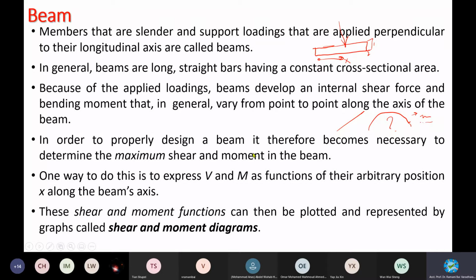In order to properly design a beam, it therefore becomes necessary to determine the maximum. In addition to seeing the distribution, you must know the peak points. See, when I was working at site as a field engineer in construction, my engineer would come and, when the structure was given to him, would just take the crucial point only. He will take this salient beam, analyze for the maximum, right? If it is a residential 1-story, 2-story, still okay. But if it is a frame analysis, you have to do the whole frame analysis. You cannot just take a typical beam and analyze it. But when you take a crucial beam, it is already accounting for all others. Only thing is you are over-designing.